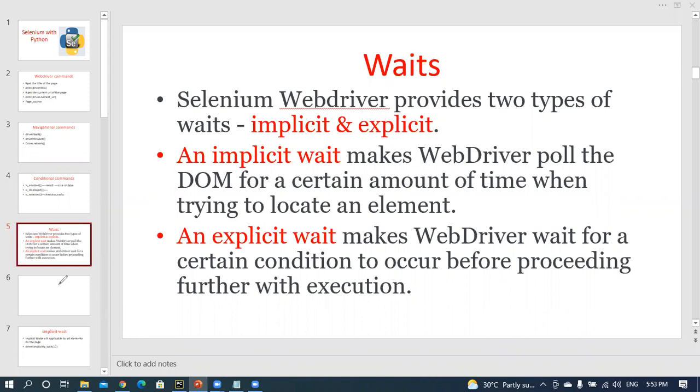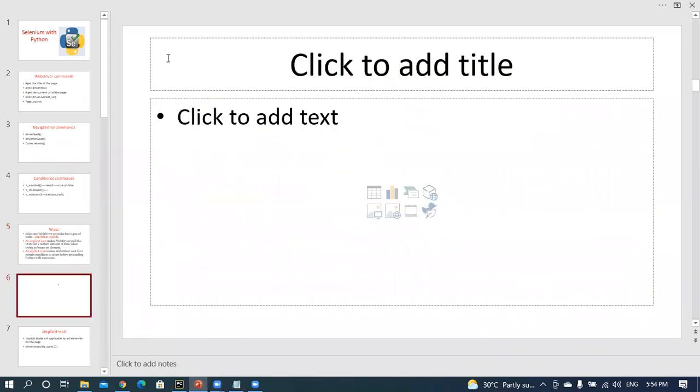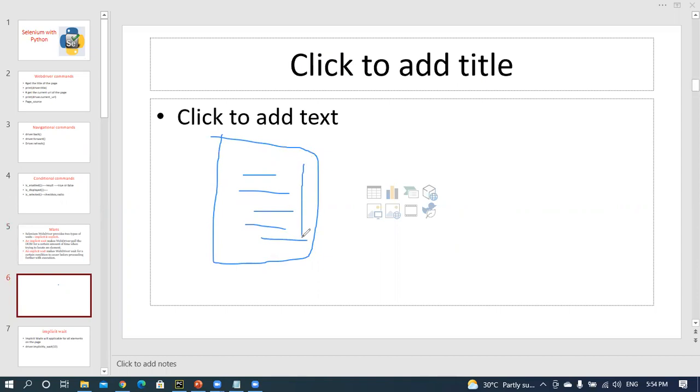Here, for example, how does the normal process work? The normal process, for example, is a program that starts from top to bottom. Is it correct? First you initialize the WebDriver class. After that, you navigate to a web page, creating the WebDriver. Like that, you execute your program from top to bottom.